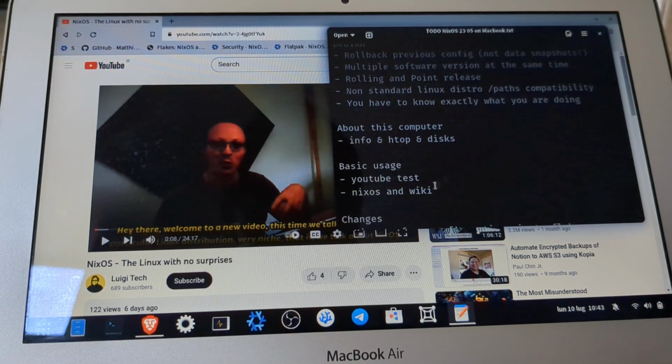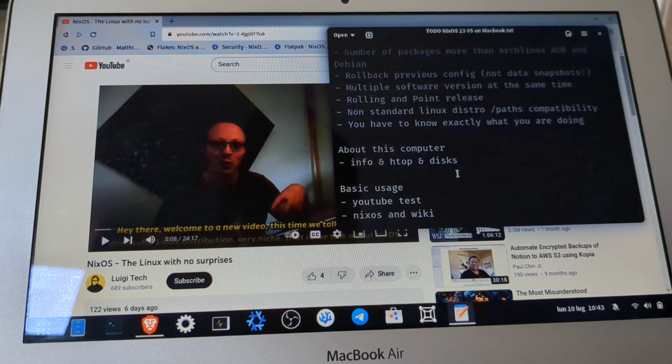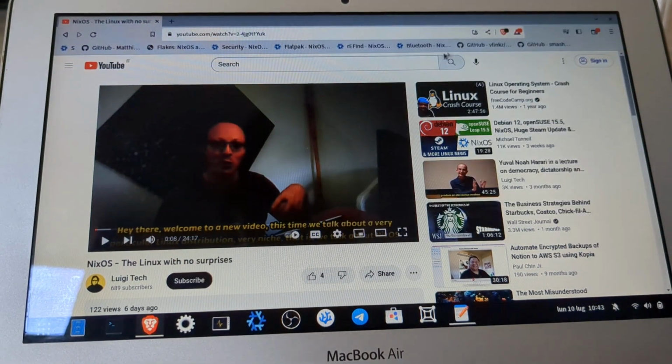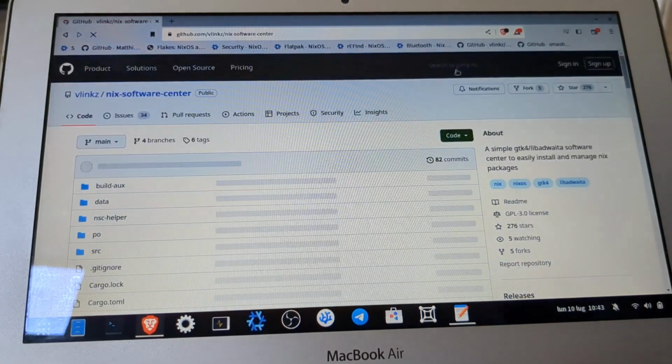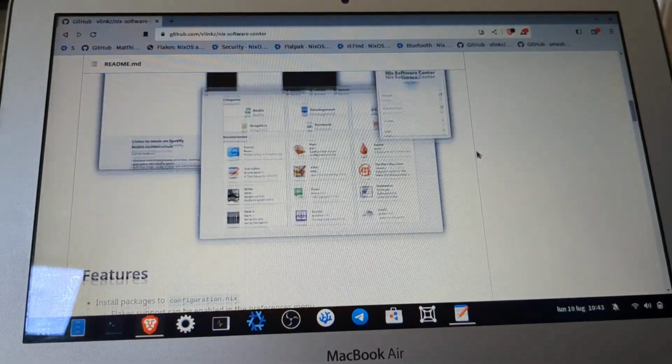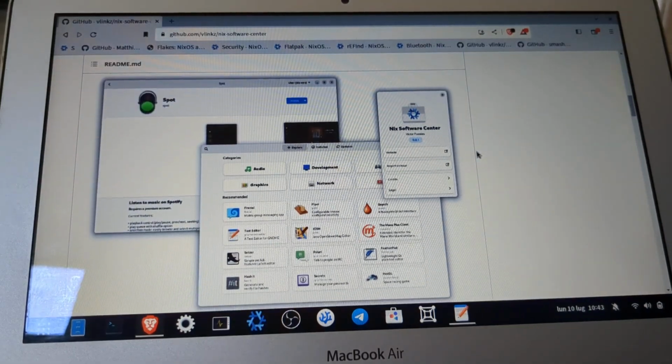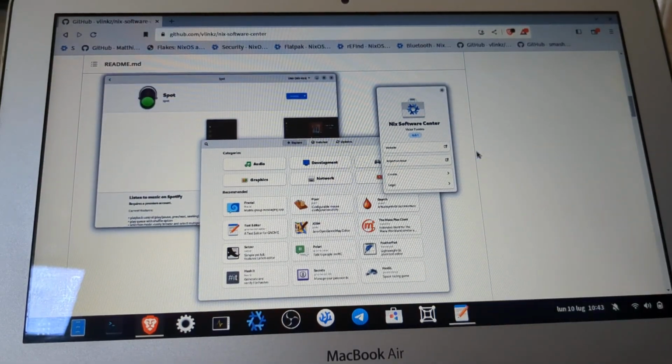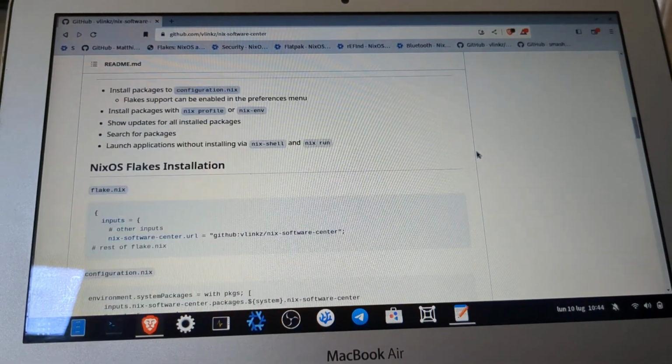I installed many applications, but I had to do some changes. There are many ways to install applications on NixOS. These are some third-party software which are made for NixOS. This is an alternative software manager with a graphical interface, Nix Software Center.